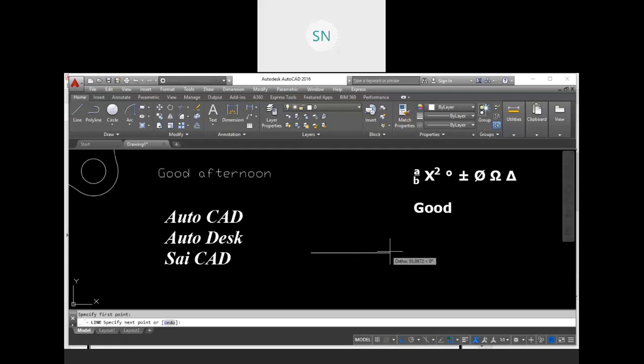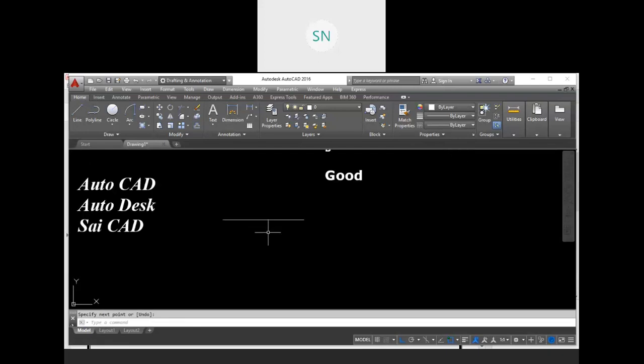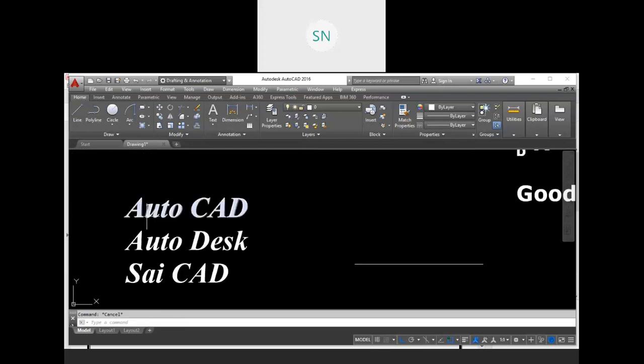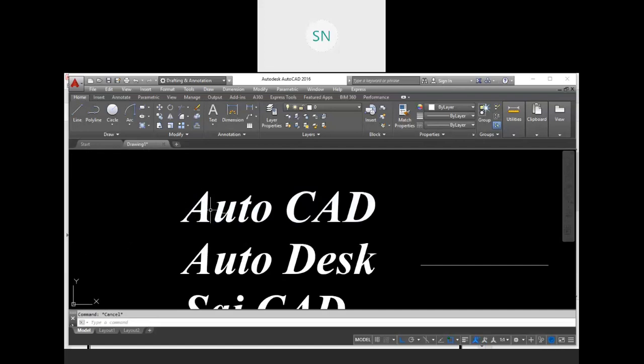Now let me discuss the justification of this text. For that we have one line over here of 100 mm. Now mainly we have 9 types of justification. Whenever we type any text, for example, let me explain you over here.